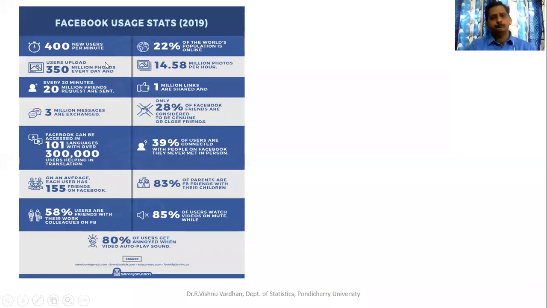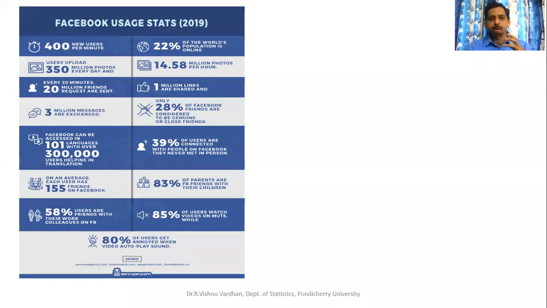Now what we do here: from a huge data set, I want to filter how many new users are added to Facebook per minute. So I have to create many filters. New users is one filter, time duration is one filter, and let me have the count. 400 is the count data. Now, users upload 350 million photos every day. Like this, every action of ours on Facebook or any social media generates